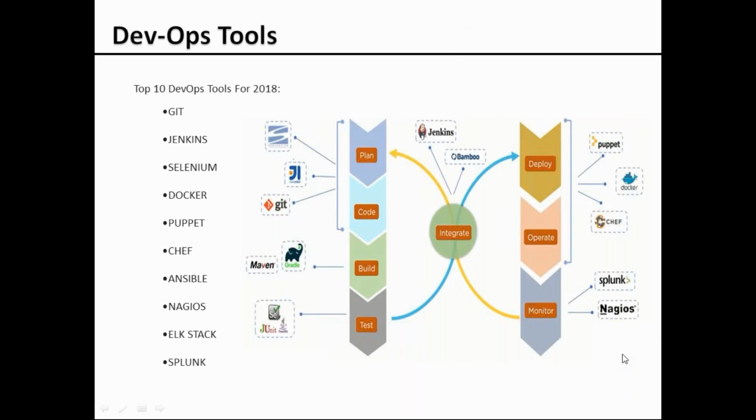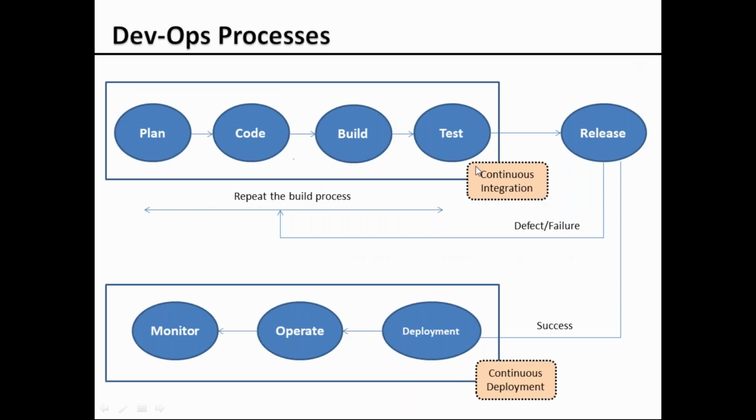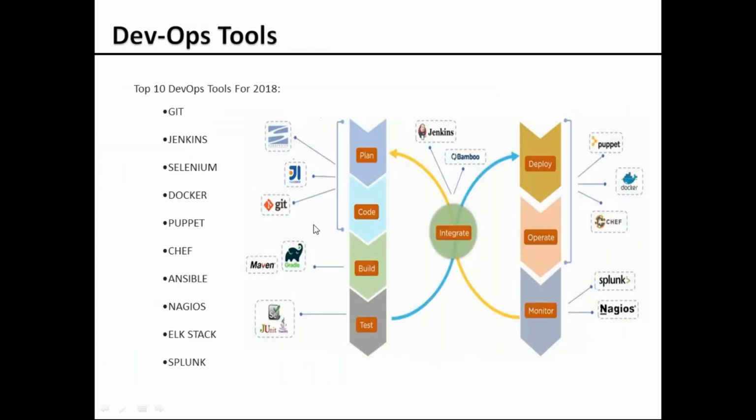A slight scripting, not exactly application development like Java or .NET. You're not going to use those technologies because they're not part of this DevOps process. The DevOps process is to integrate all of these tasks in an automated way. So for that, you need a little bit of scripting knowledge of a few of these tools, and this is at a very high level, not in depth like we're going to develop an application or a product.